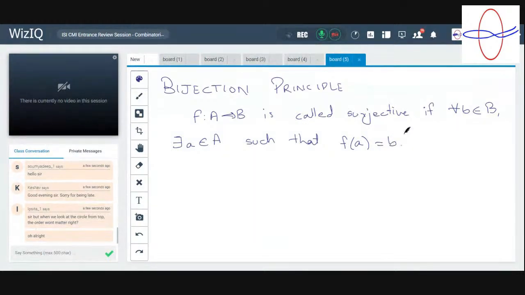So that's a surjective function. f is called bijective if it is surjective and injective,